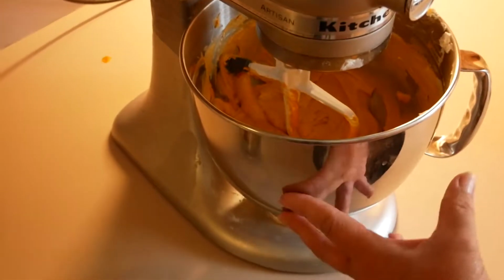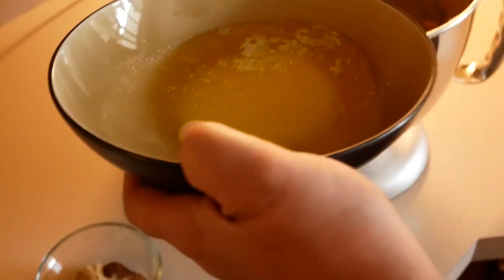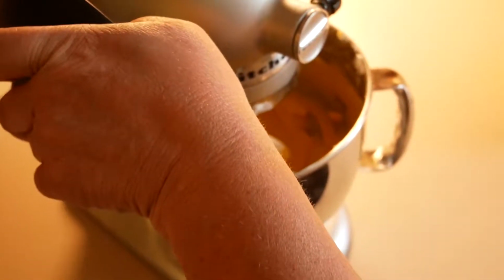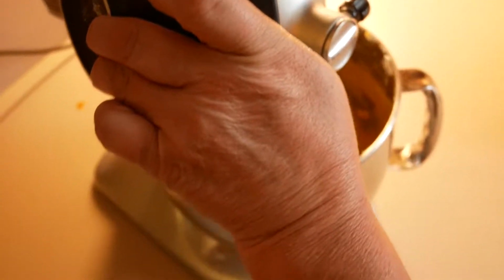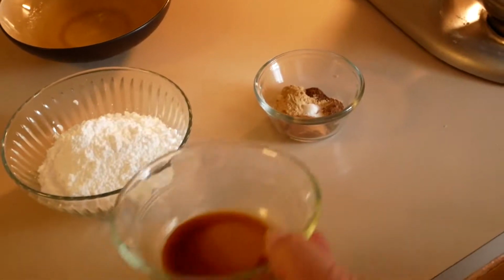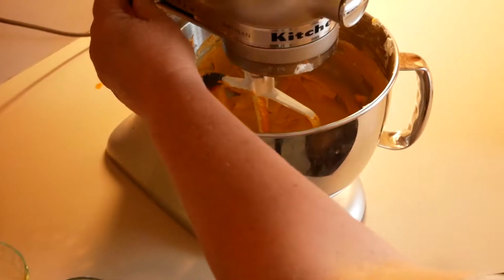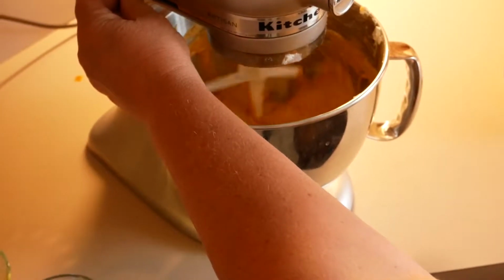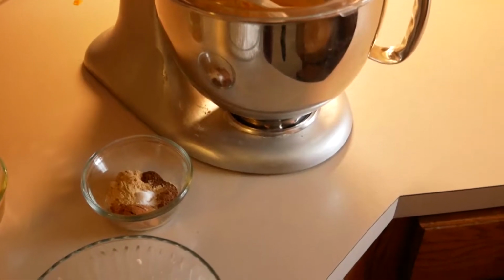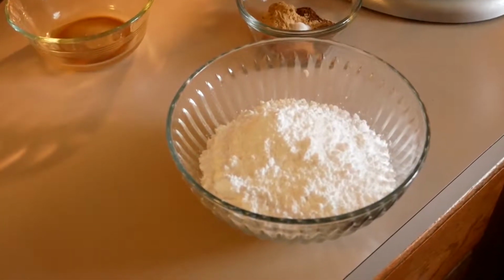Okay, now that we've beaten our pumpkin, cream cheese, and brown sugar together, we're going to add our cooled melted butter. That's a half a cup of butter. And then we're going to also add our 2 teaspoons of vanilla. And then we're going to beat that well. And we have put in our eggs one at a time, a total of 3 eggs, and we've beaten well